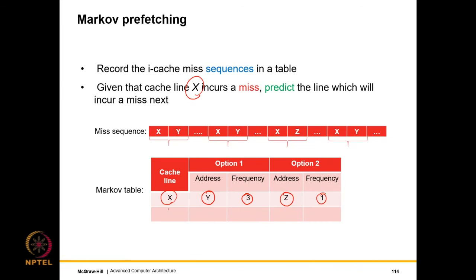Now what we can do is that when we see x, we just need to access this table, find the entry with the largest count, and prefetch that, because most likely that is the line we will miss next. Of course, variations of this are possible, in the sense that we can prefetch both y and z. I'll not discuss the variations, but I think we are in a position where we can appreciate the pros and cons of each variation.